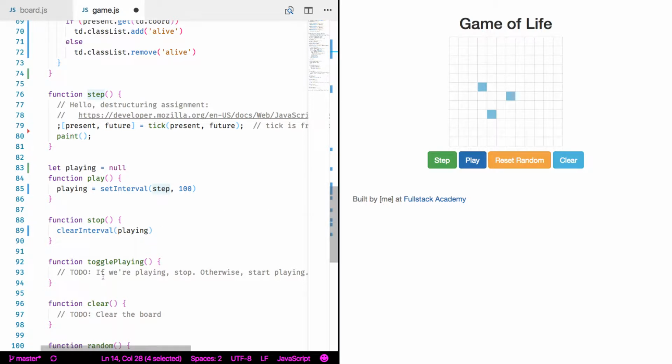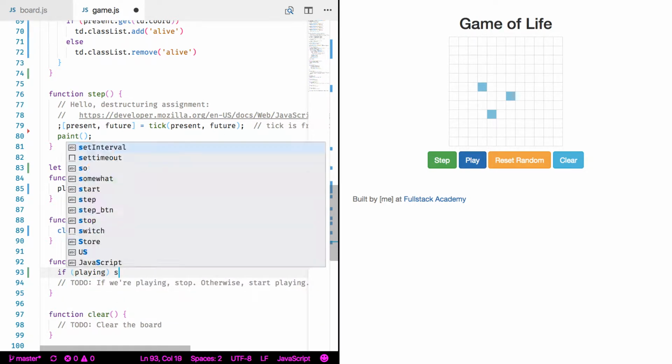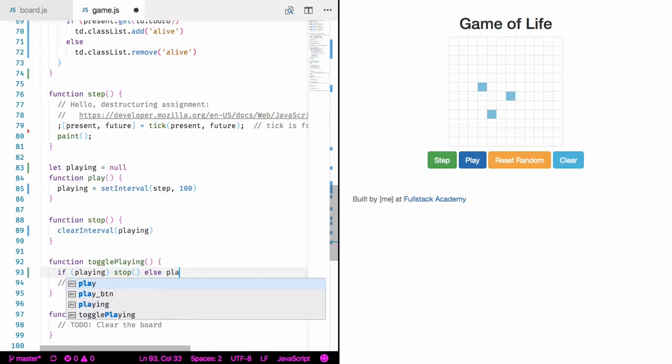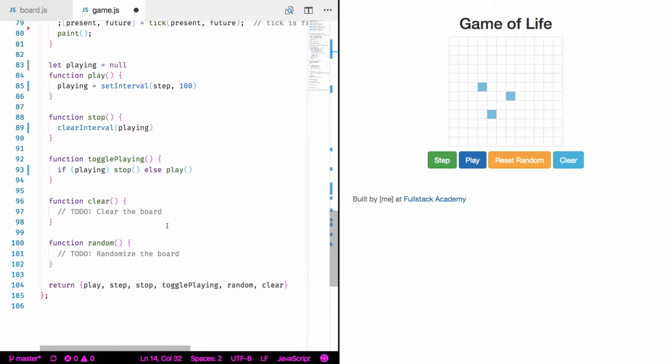Oh, I see. Play should actually call toggle playing, which either calls play or stop. Right. So if playing, stop, else play. Toggle playing. And then I guess the last thing is to connect the reset random button, which I'll do, oh,